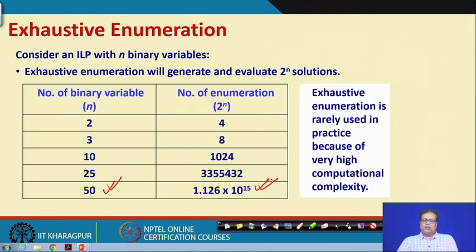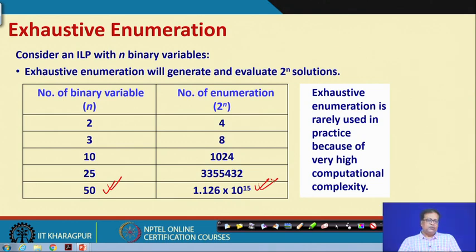So, if you do exhaustive enumeration, it might lead to very high computational complexity. You may have to really evaluate a very large number of problems. You can say I have big computers, what is the difficulty? But how big is the big? There could be problems in reality which may have 1000 binary variables, and then the problem size would be so large that you may require years, 10, 20, 30 years to solve a large problem. We do not have that much time. We need to solve the problem in a reasonable time.